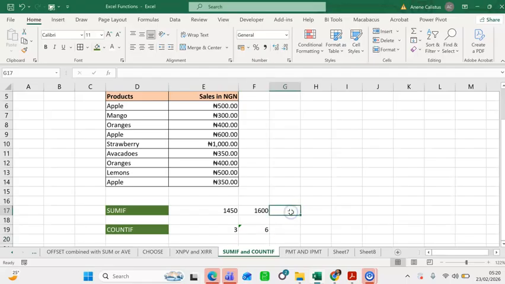So this is how you can effectively use these functions for a table that has ranges. You use the SUMIF function when you want to add figures conditionally, and when you want to count figures based on a criteria, you need to be